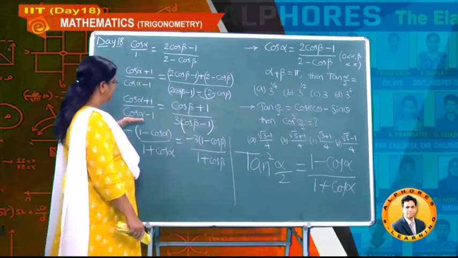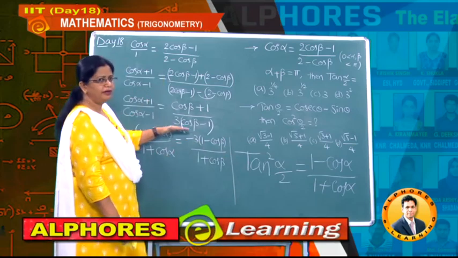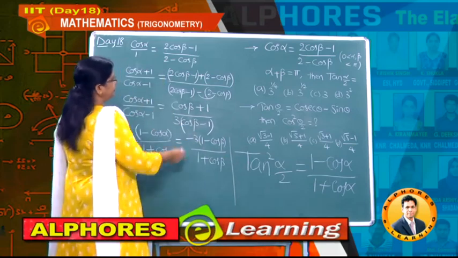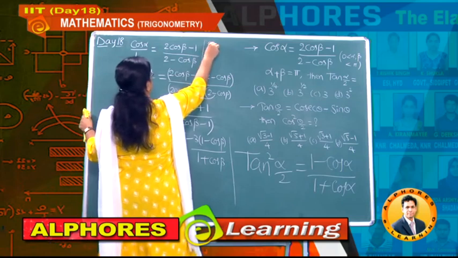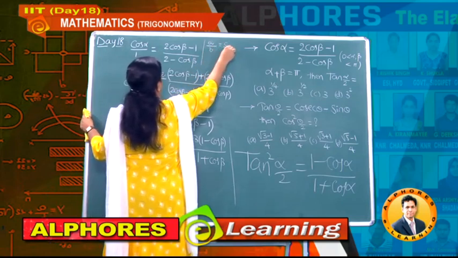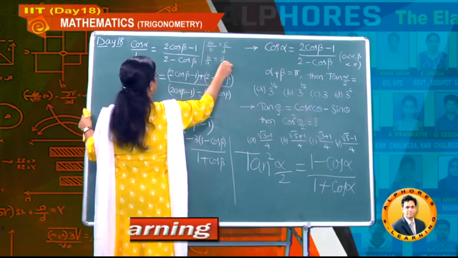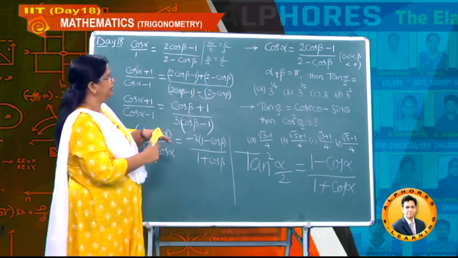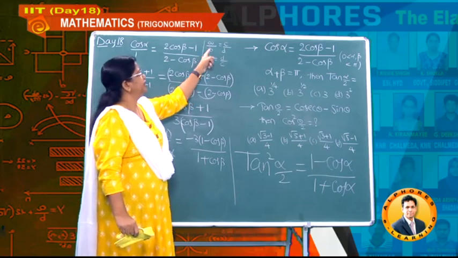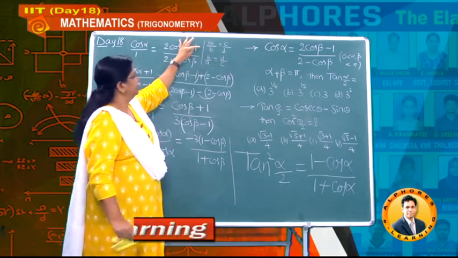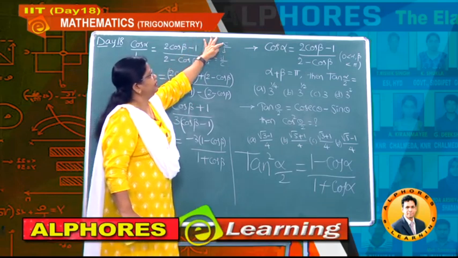Now what we did, students, is we have taken both the values and just reversed them. That means if a by b equals c by d, this is the same as b by a equals d by c. In any case, you will get bc equal to ad. So b by a is the same as d by c.